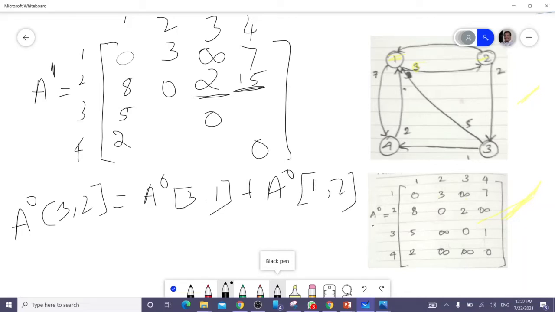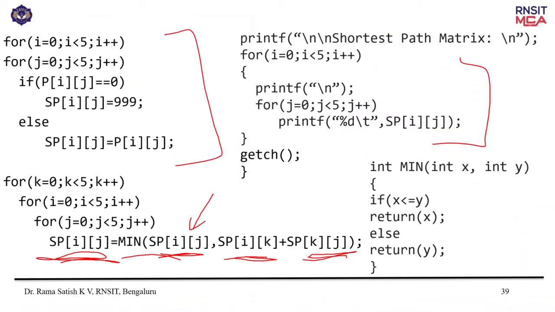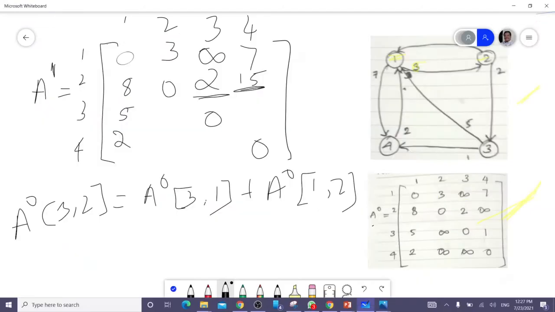You see, every time you are adding 1, you are doing a of ij equal to a of ik plus kj. That is what is given in the formula: sp of ij is equal to sp of ik plus kj. So same thing, I is common.